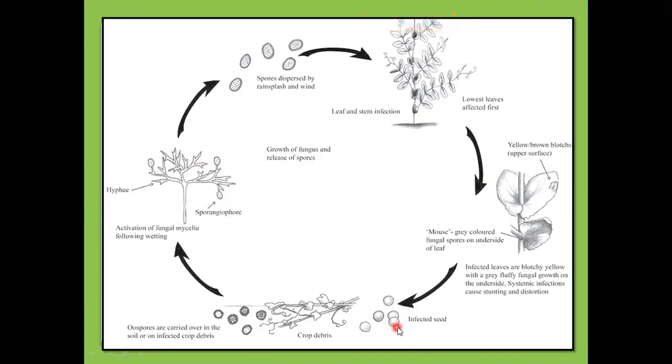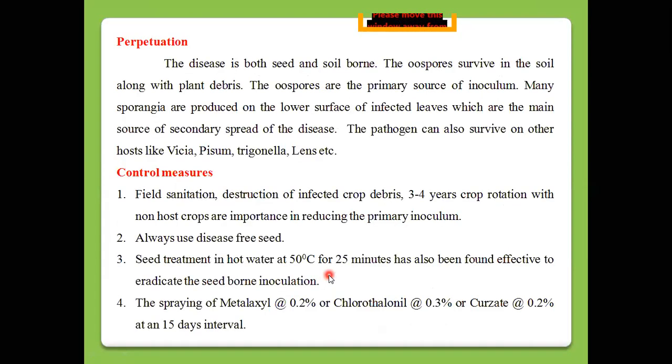And primary infection takes place through infected seeds and infected plant parts, or oospores surviving in soil up to a few years. Okay, then control measures: field sanitation, destruction of the infected crop debris,